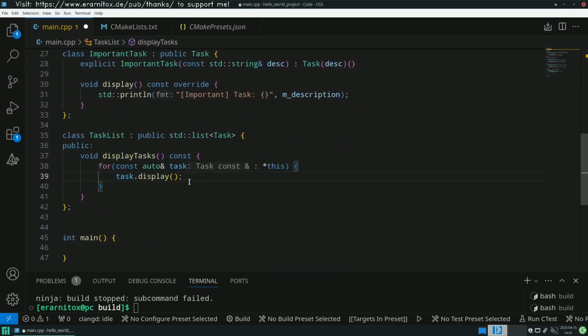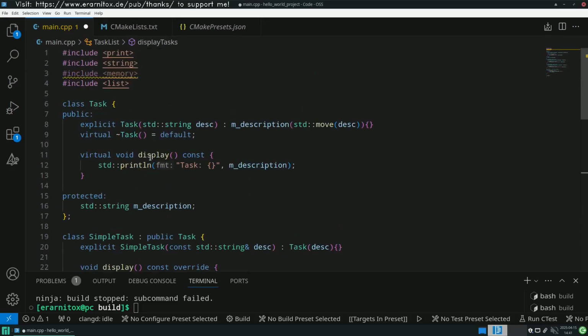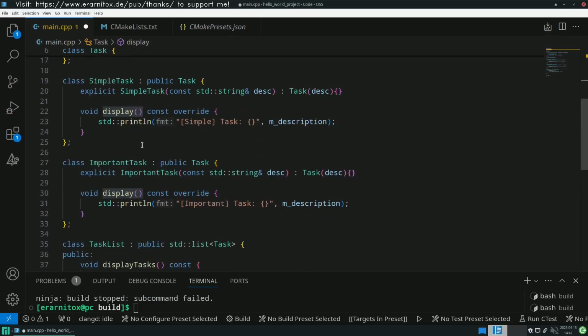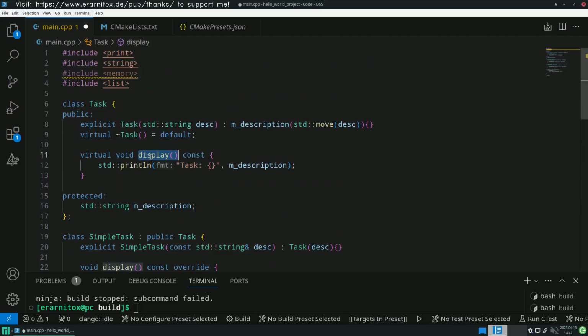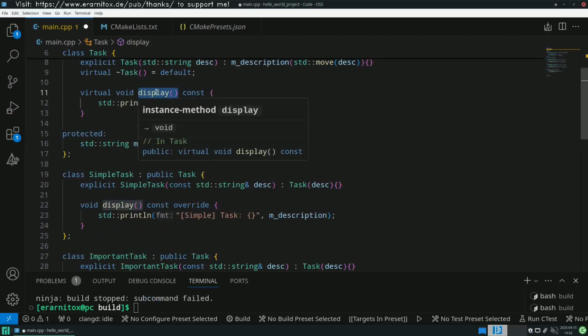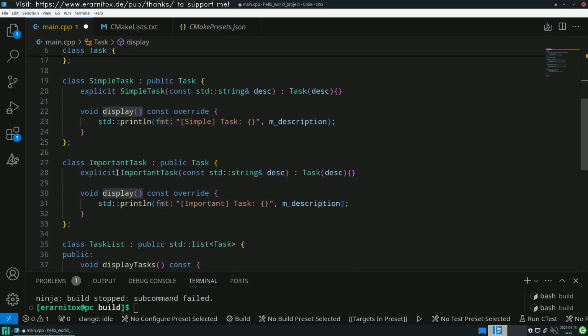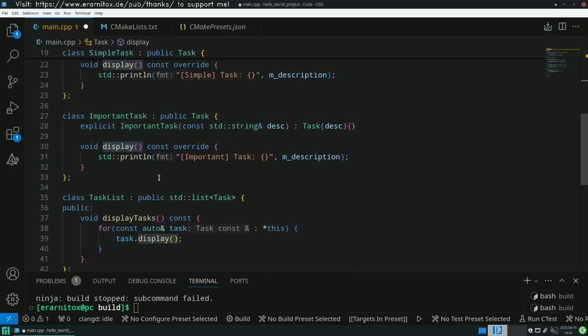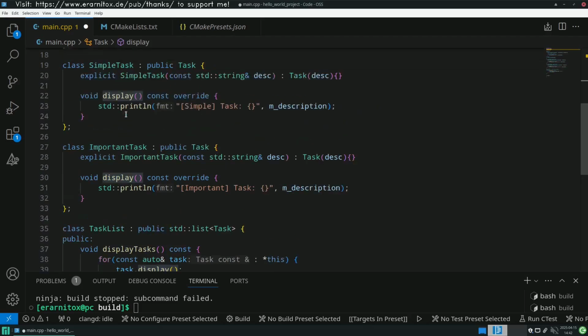important task. But by using the task as our basically interface description or our base contract on what a task should have at a minimum, we know that it always has a display function or a display method. So we can always call that, and through the vtable of the virtual functions, it gets resolved dynamically into either this implementation, or this implementation, depending on if the object stored here is a simple task, important task, or a